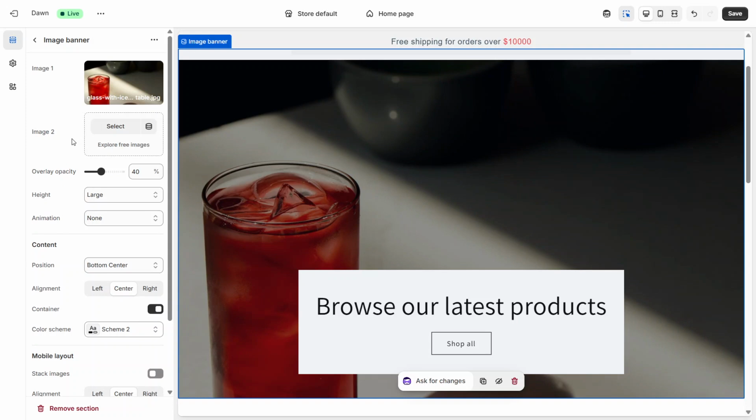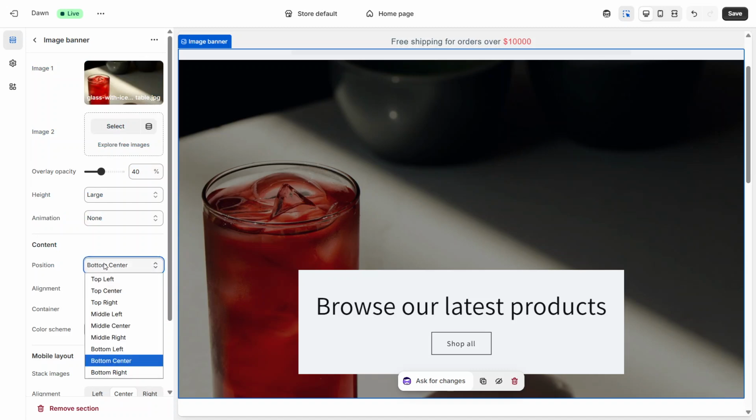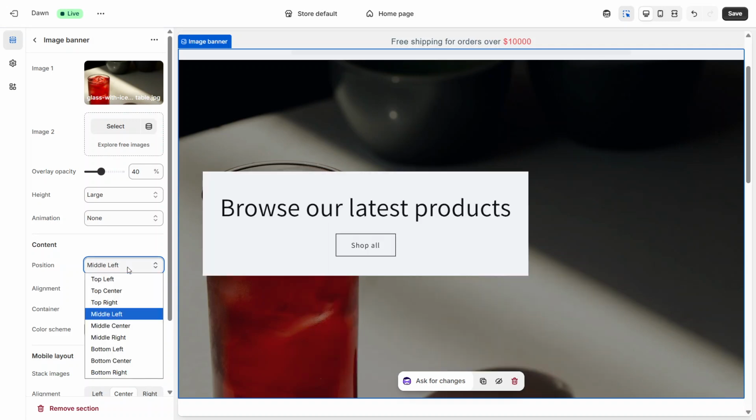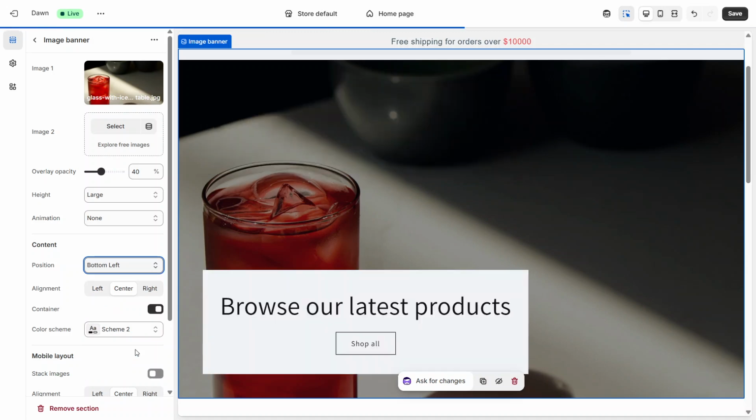Once you're inside that section, look for the content area where your heading, text, and button are configured. Here you'll see an option labeled Position. Next to Position, there's a drop-down box. Click this drop-down to choose where you want your content container to appear on the banner. You'll usually see options like top left, top center, top right, middle left, middle center, middle right, and bottom variations as well. As you pick different positions, think about where your text will be easiest to read against the image